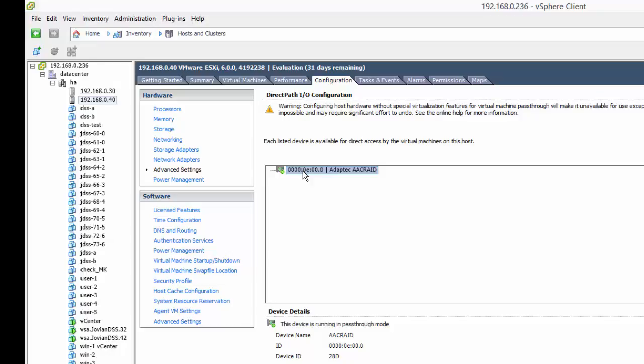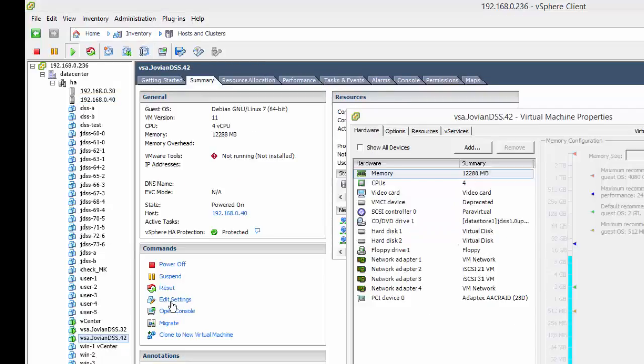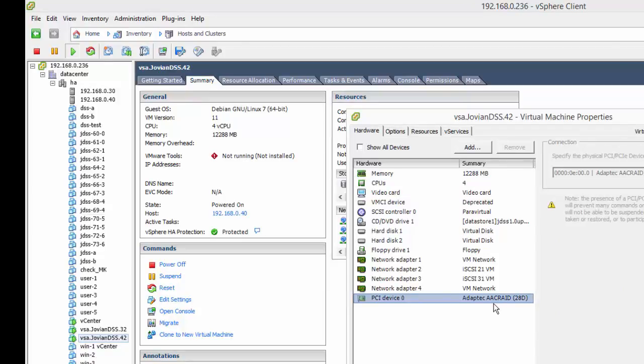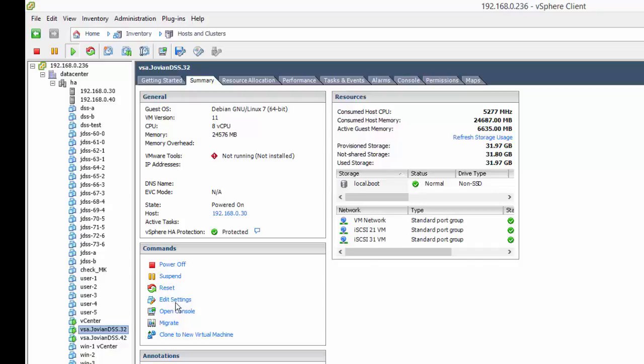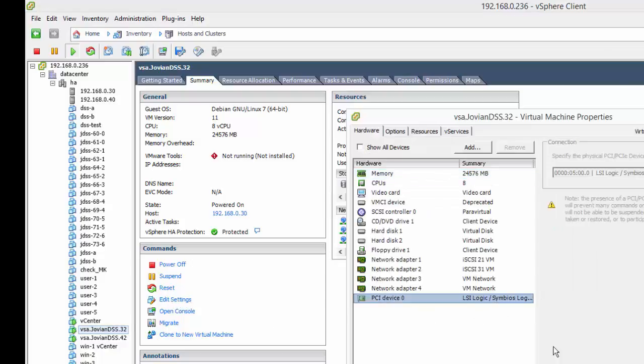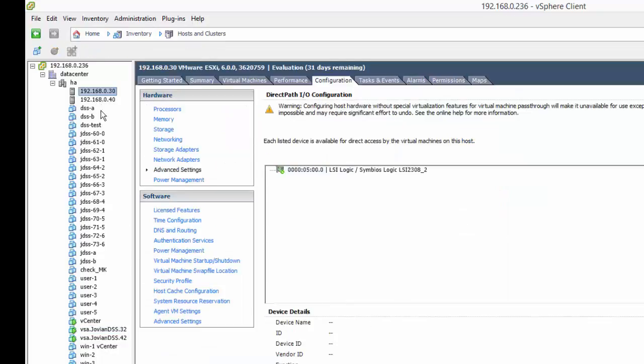The servers are not identical, but we can see that the Adaptec is configured here, and the second Jovian is getting this device, edit settings, this Adaptec HBA as a private device. That's the device which is passed through to this virtual storage appliance. And the first one is having LSI Logic, right? So that's the difference between both nodes.